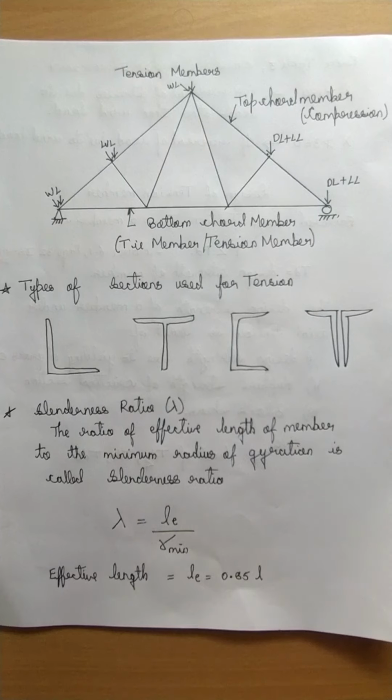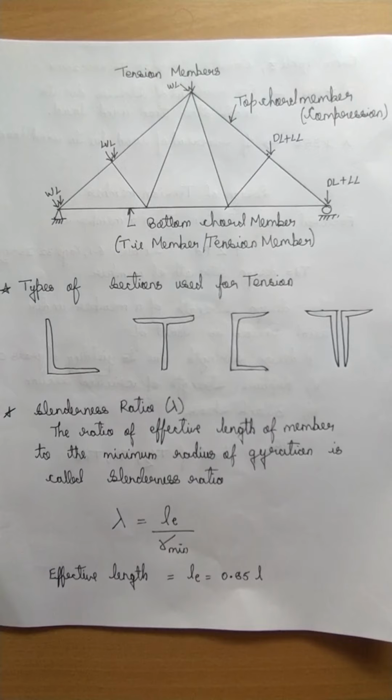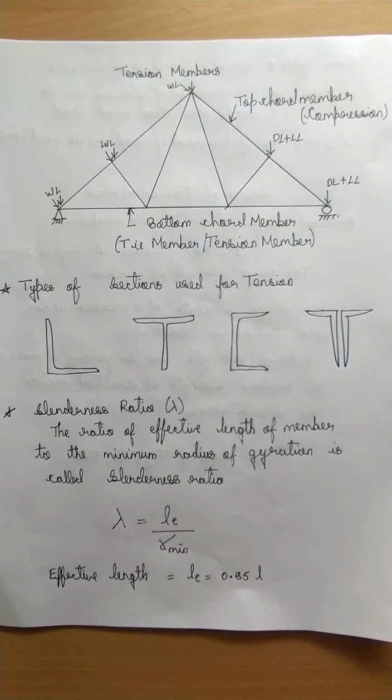So our topic for today is design of tension members. Where all can you see such kind of tension members, which we also call tie members? One of the best examples is a truss, wherein it will have a combination of compression members and tension members. Say for example, these are the top chords, which are taking a compressive force, and these are the bottom chords which are taking the tension force. So what we are dealing with in this chapter is the members which have a tensile force in them, or the members which take the tensile force.